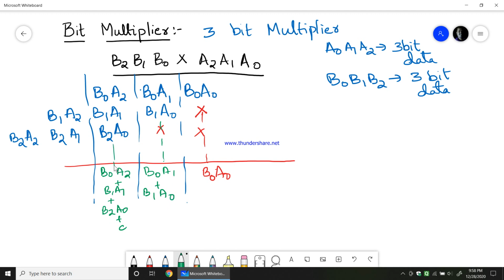Now this would be the result that you store here. Now this would be the final result, adding B1 A2 with B2 A1, along with the carry that we get from this. Then finally